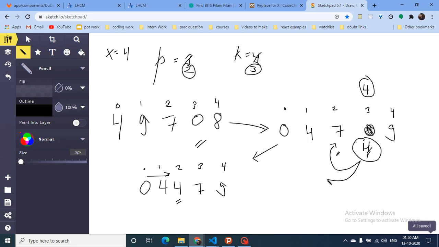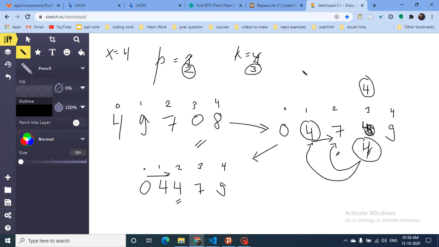Because this is 4, we can assume that it will append to the start, and this is 4 again. So now what is the key observation? Where does this number append? Whatever number I change, it will append to the first occurrence of a number that is smaller than or equal to it, to the right of it.